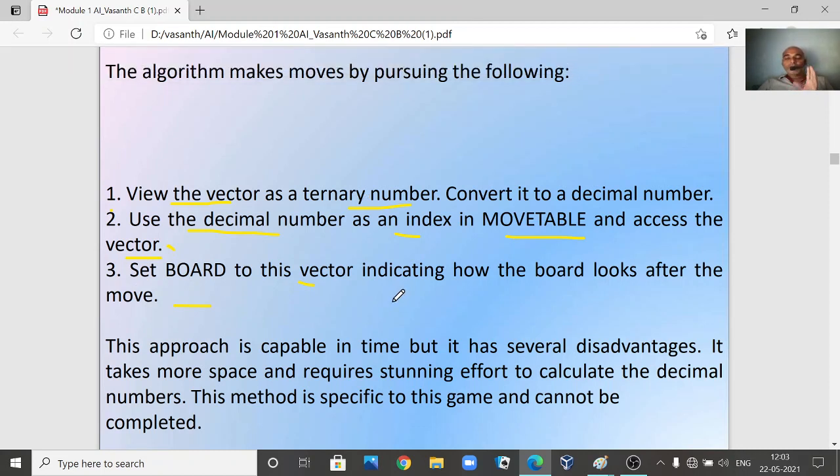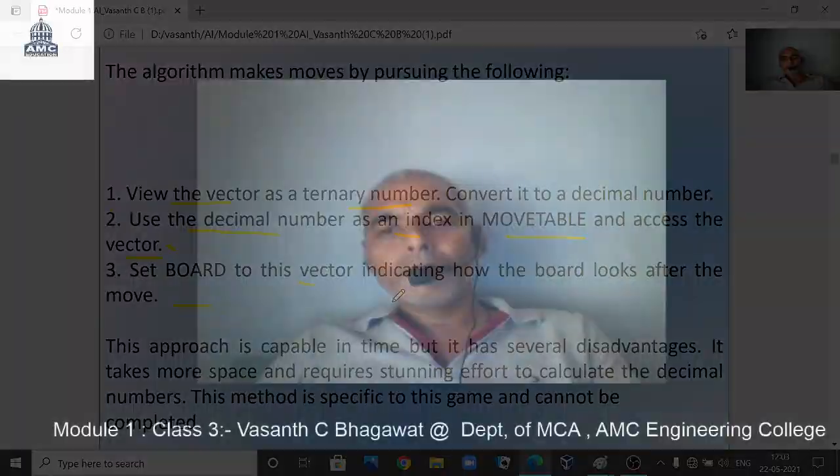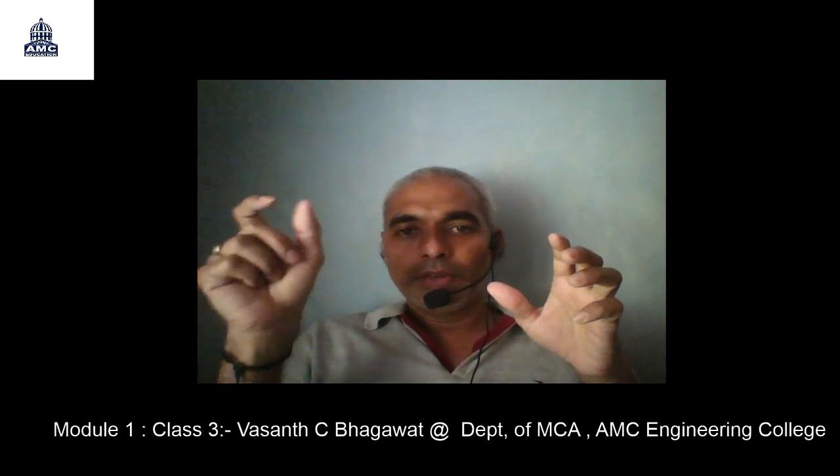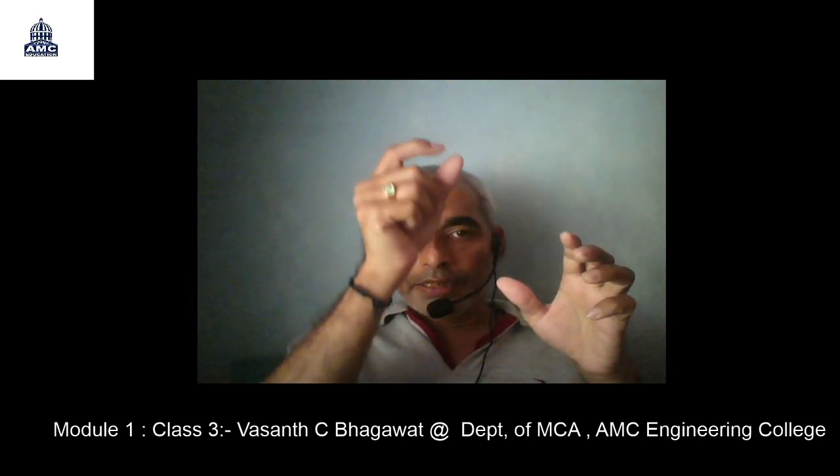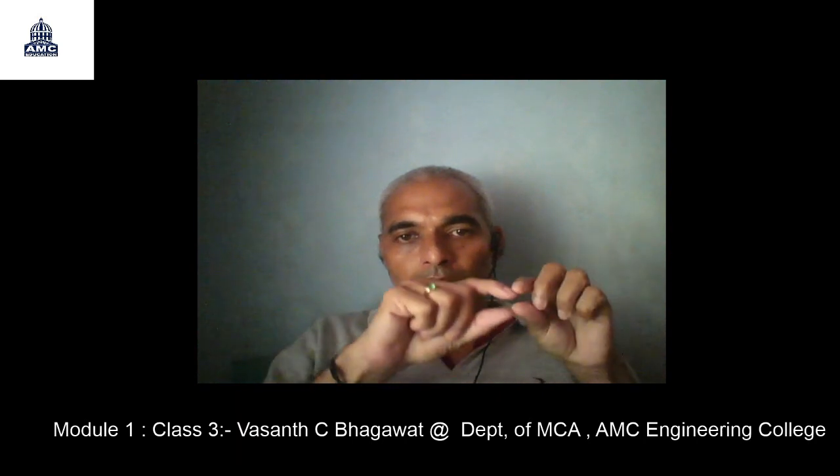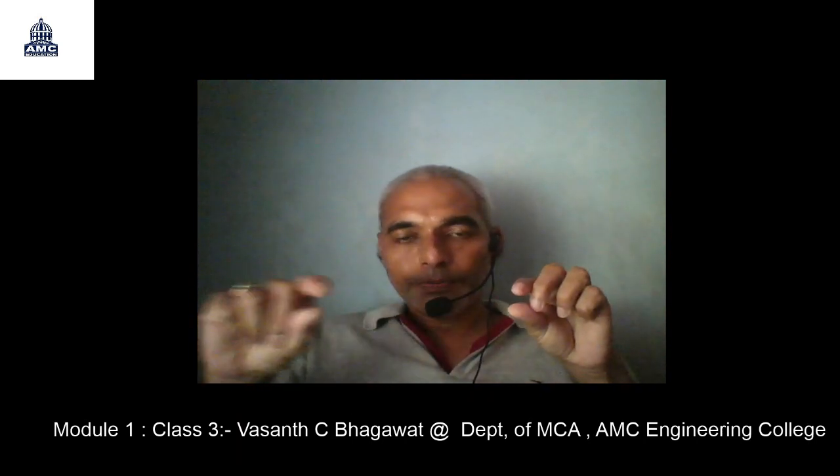Now we have done this very simply, without using any particular knowledge, or we can say without using any intelligence. We just wrote certain steps. We created a move table having 19,000 plus rows, and we take the board vector, convert that into a decimal, and we get one value. We take that value as the index, search for it in the move table, and in the row where we find that value, whatever the new position is, in that position you make a move. It's very simple and straightforward, the algorithm we have used here.